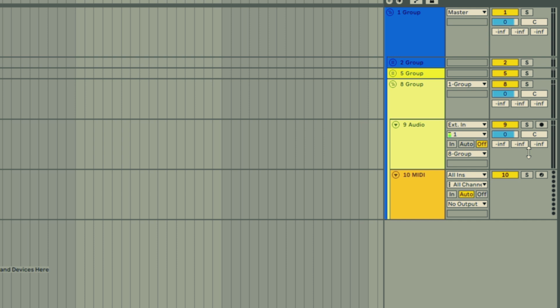Now, if you take a look at this side of the screen, you're going to see three negative infinity indicators. If you change them, that will also change the level of the signal going to the respective return track.